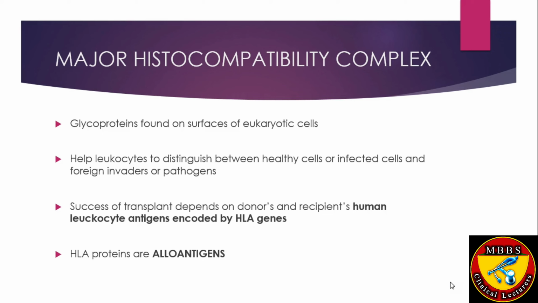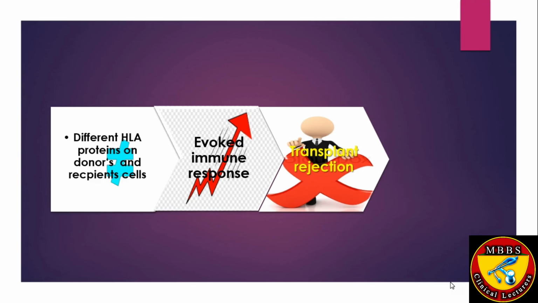The success of a transplant, whether it's a tissue or any organ, is highly dependent upon the donor's and the recipient's human leukocyte antigens, which are encoded by the HLA genes. As I have told you the definition of alloantigens, we must know that the HLA proteins are alloantigens. Okay, now if the donor and the recipient have different HLAs on their cells,